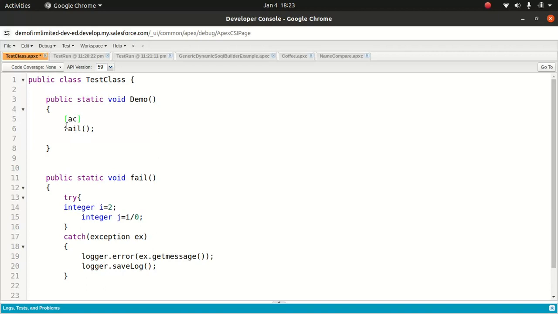So you write Account. This is the type, right? Like you have Boolean type, you have integer type. So Account is a type, and you see A, that's the name of the variable, equals to. Account is a type associated with something called SObject.